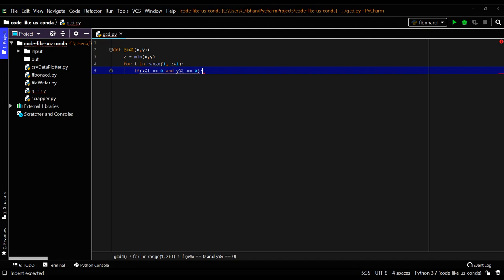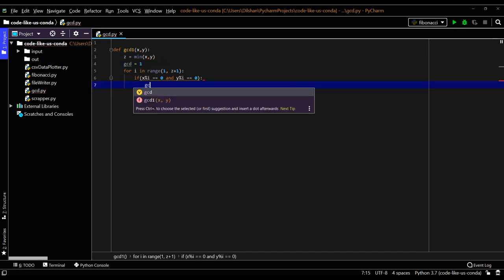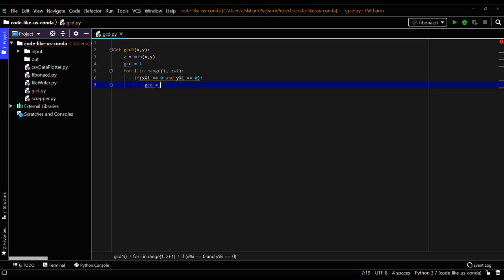So for now we will assign it to a variable. I will take my common divisor as GCD equals 1 to start, because 1 is a factor of any number. Then the GCD value equals i.